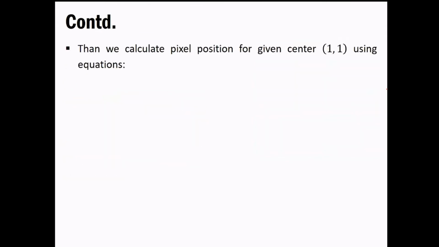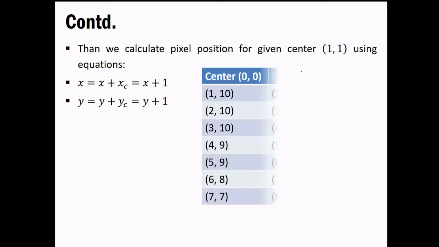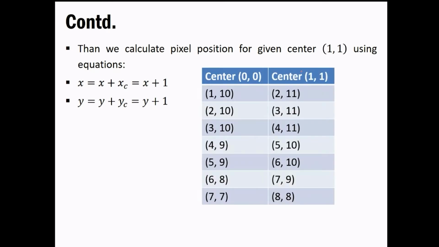Now, what was given in the question was that you have to calculate it for center 1, 1, as I told you in yesterday's lecture also. In that case, based on our midpoint circle generation algorithm, you have to add xc to x in the center. In short, x plus 1 in our case, and similarly y plus 1 in our case. If it is 100, then you have to put 100 over here, not the value 1. Keep this in mind. Don't do this in the exam, writing 1, 1 blindly.